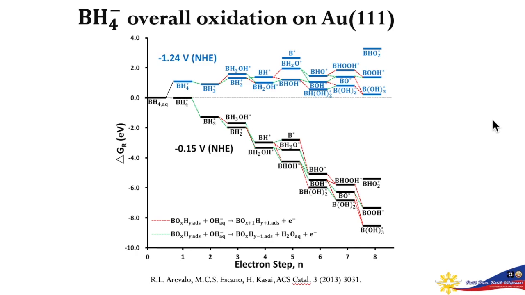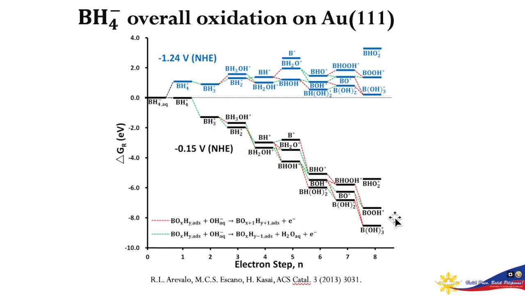This free energy diagram is evaluated at two electrode potentials. Negative 1.24 volt versus NHE is the equilibrium potential for the reaction. Here you see that the initial oxidative adsorption is endothermic, while at this particular electrode potential, negative 0.15 volt versus NHE, you have the initial oxidative adsorption of borohydride proceed exothermically. Subsequent to the initial adsorption of borohydride, you see that all elementary steps toward the final product proceed